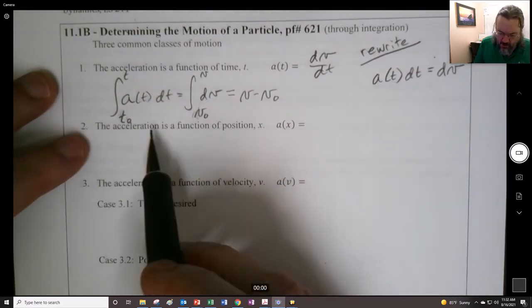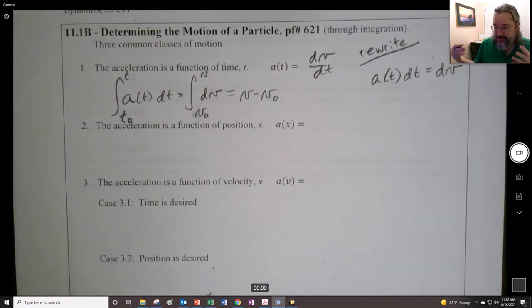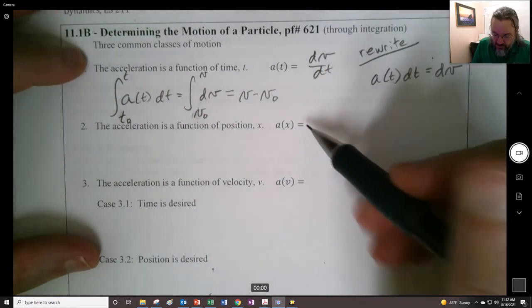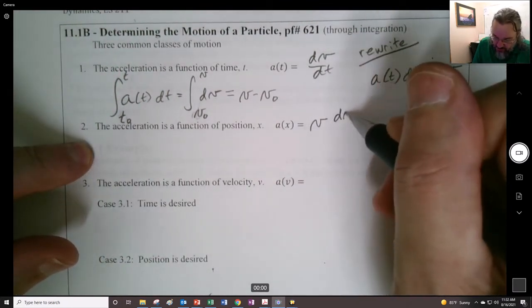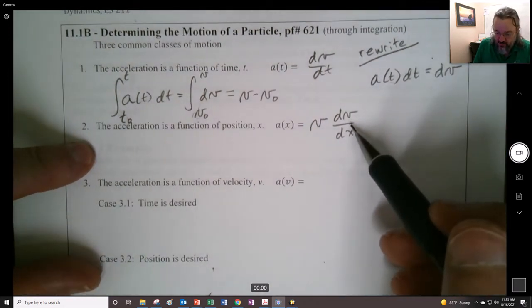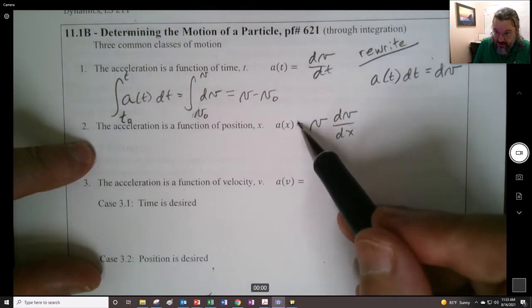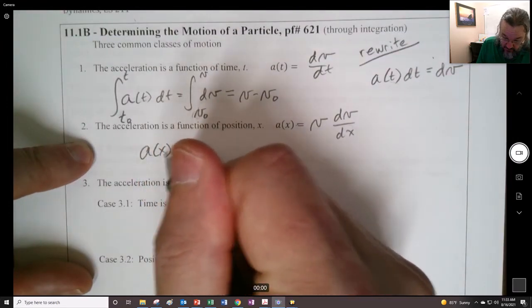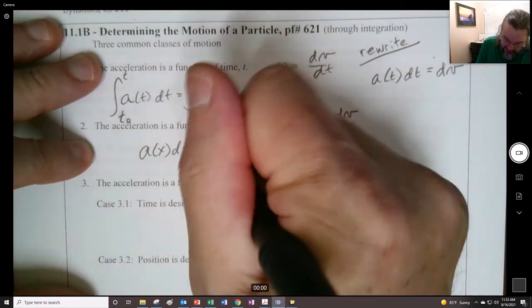Simple. Let's do now the acceleration as a function of position. Sometimes, don't ask me how, we come up with a scenario where we know that its velocity is related to position. If that's the case, this helps us out a lot. Sometimes I call this the wild card. So if we rewrite that and bring that dx over to this side, we say that's equal to v